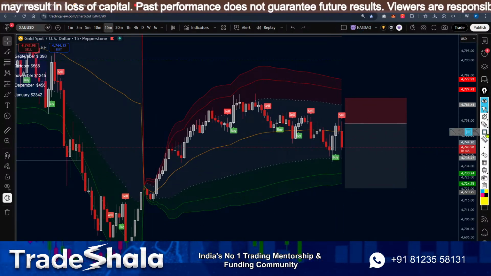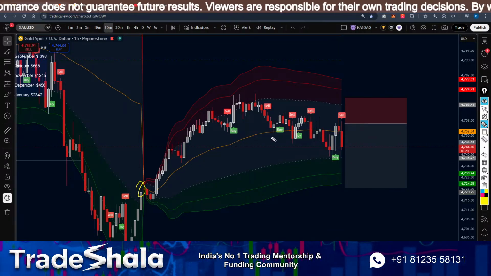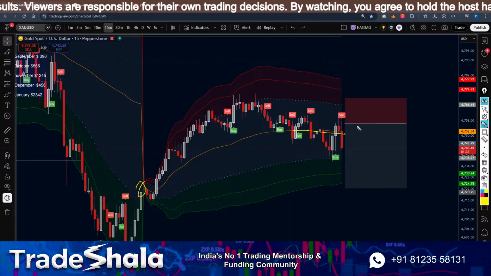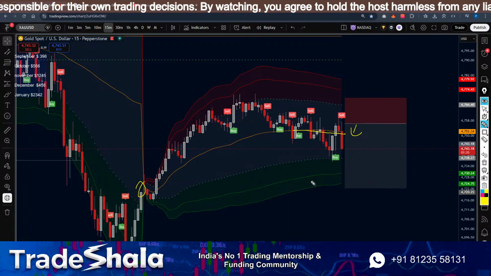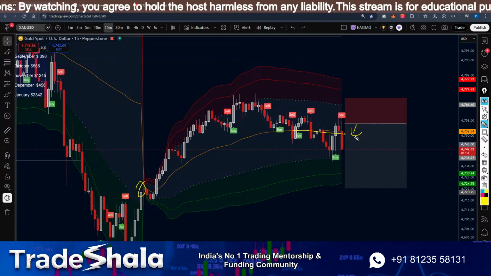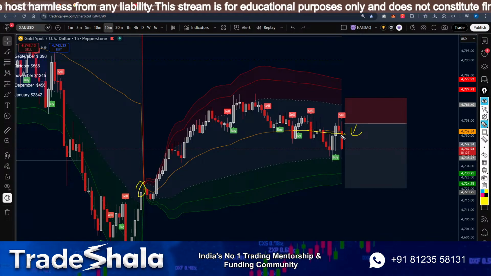Not just entry confirmation, like this is the VWAP level, right? So the golden line means we are above the VWAP or below the VWAP. So technically right now we are below the VWAP. So that means a lot of sellers are going to enter. So that level is going to act as a midterm level. Anything below that, we are going to look at as it's going to the next level.